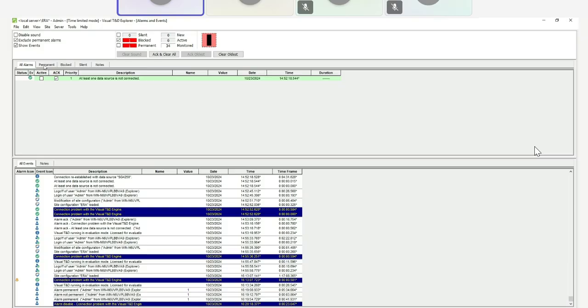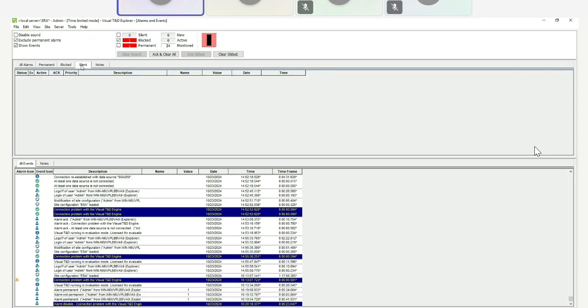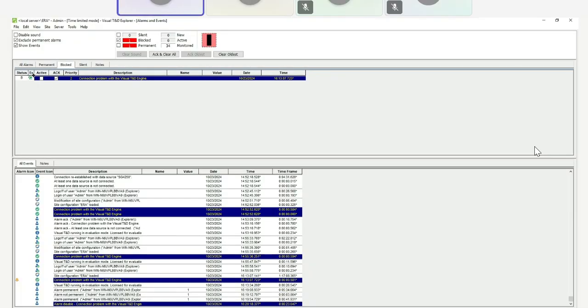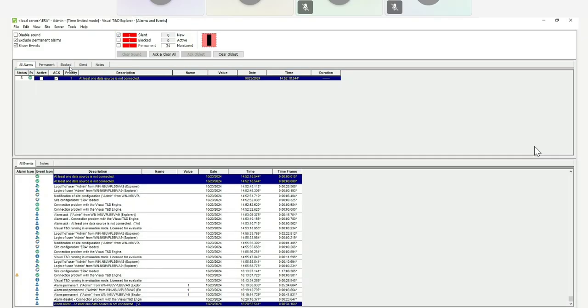So I can group those kinds of alarms as permanent, black, or silent, if the user wants to categorize those kinds of alarms. So there's a B for black. I can categorize this also as silent. So that's that one silent.